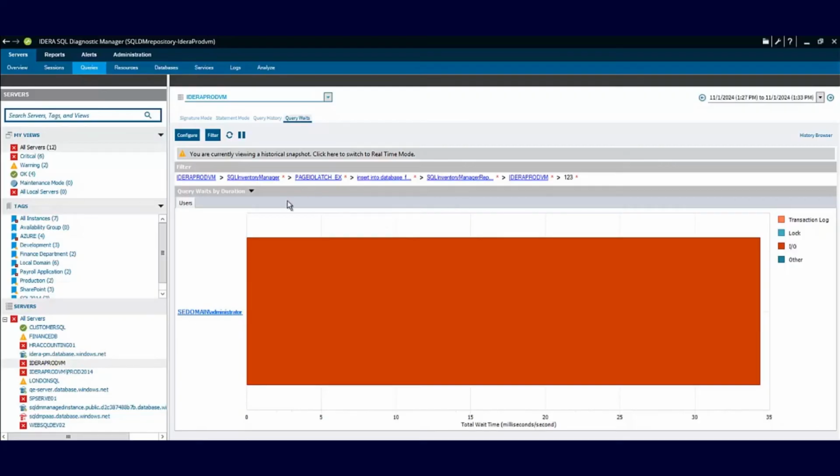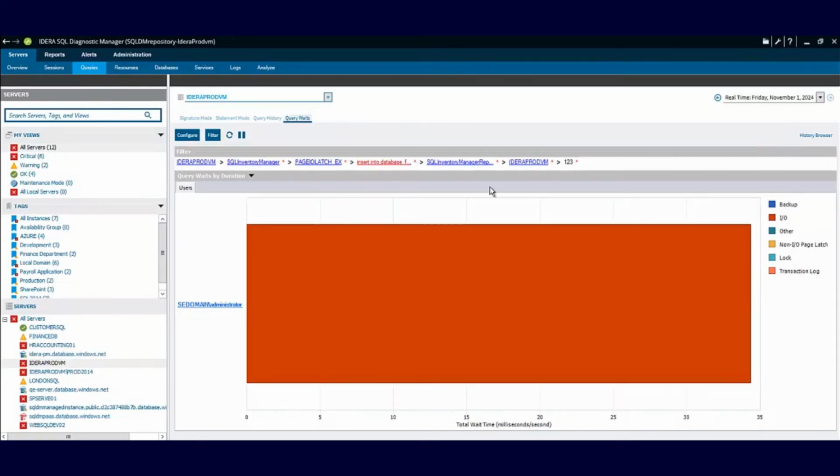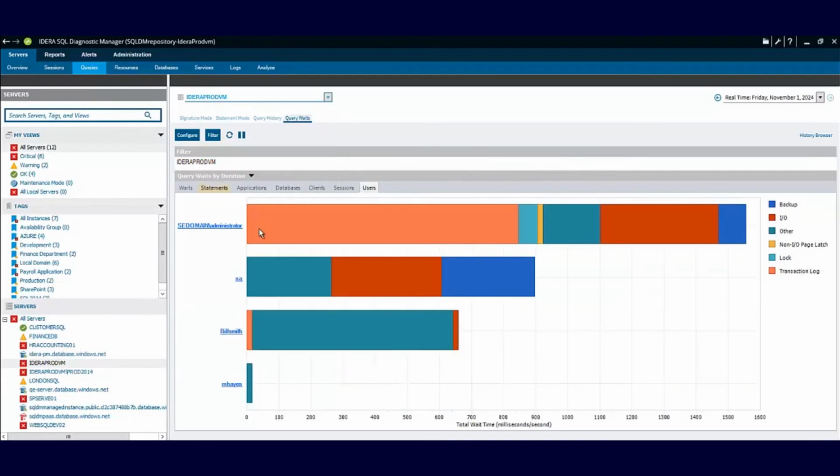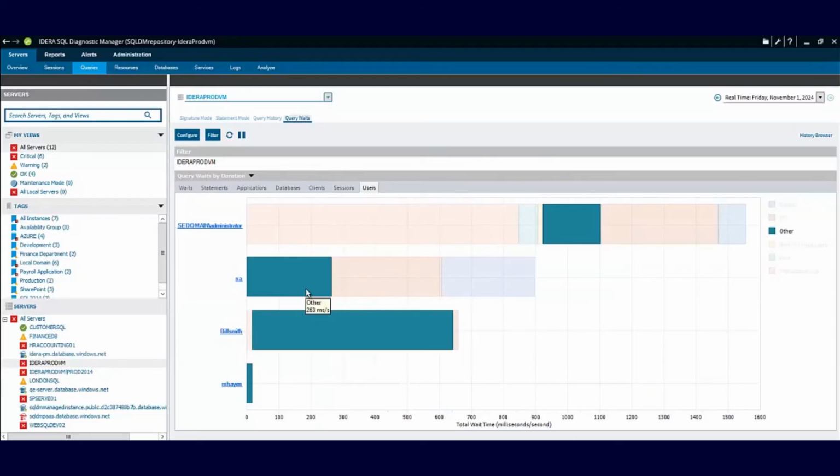And then when you're done looking at the historical mode, just a quick reminder that you want to get out of history browser mode, just click this yellow flag at the top and it takes you back to your live data. So as you can see, this can be a very valuable way of understanding what's going on from a